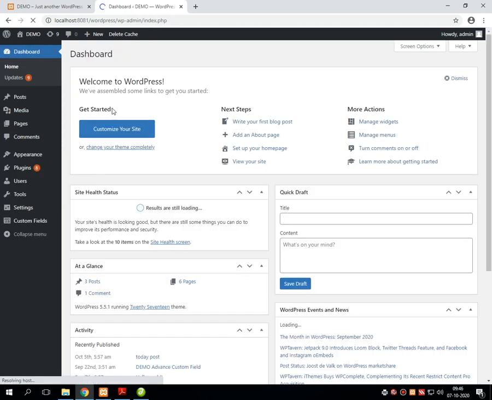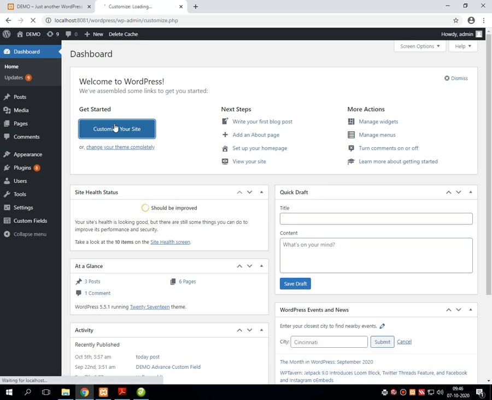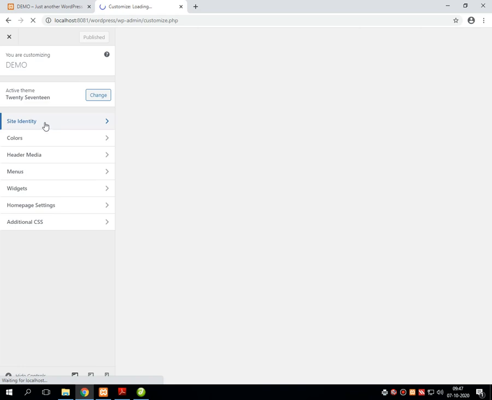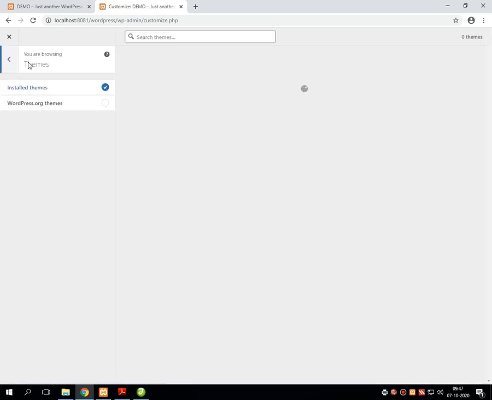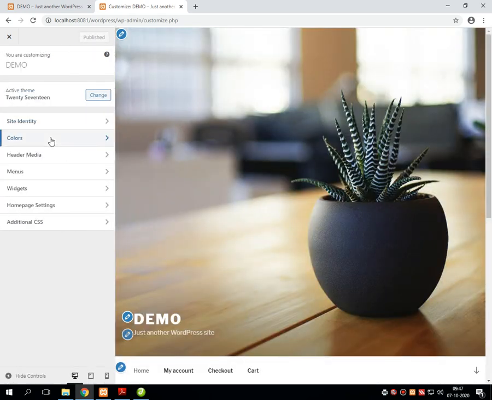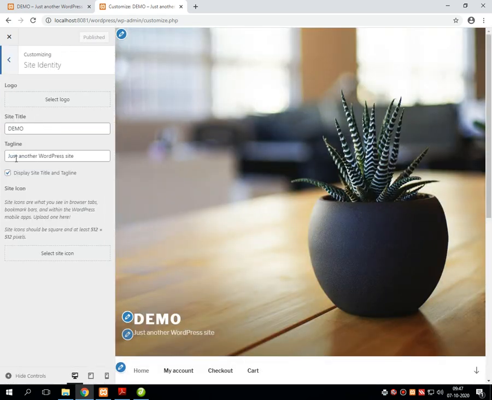For example, let me go into customize your website, then site identity, and then just change the tagline. This is test, and publish.